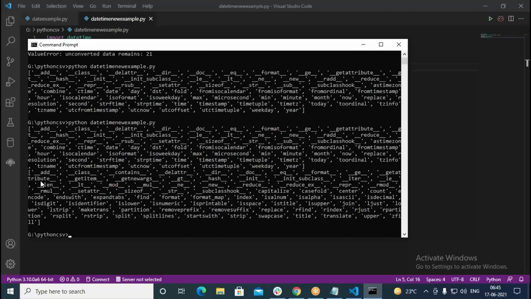Next one it's going for the string also. In the string also this many methods are available for us, like the replace method, removesuffix, removeprefix, partition, maketrans. So like this you have various methods in the string with which string manipulation can become easy.